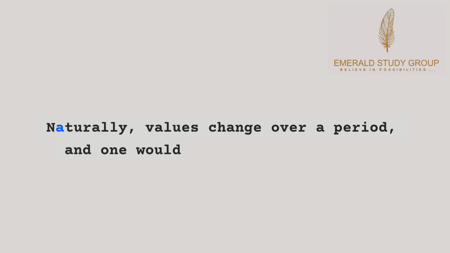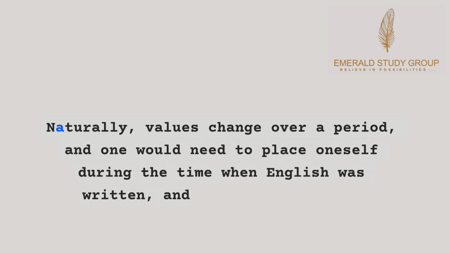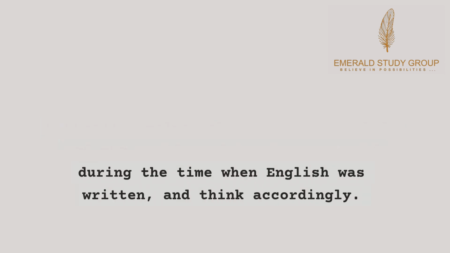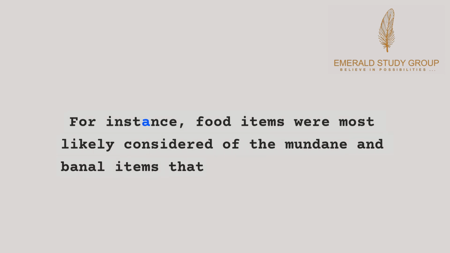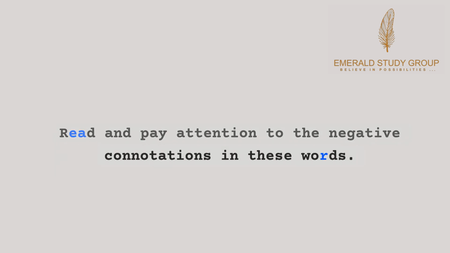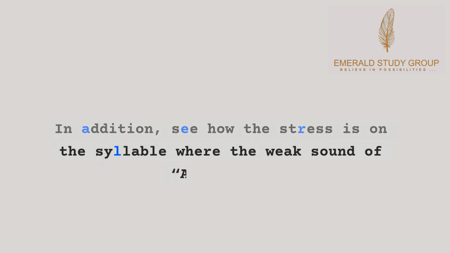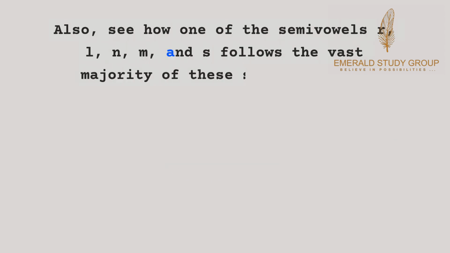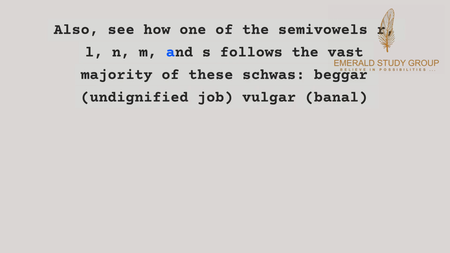Naturally, values change over a period, and one would need to place oneself in the time when English was written, and think accordingly. For instance, food items were most likely considered mundane and banal items, so they gave an A to them, as in vinegar. Read and pay attention to the negative connotations in these words. In addition, see how the stress is on the syllable where the weak sound of A is not. Also, see how one of the semivowels R, L, N, M, and S follows the vast majority of these schwas: